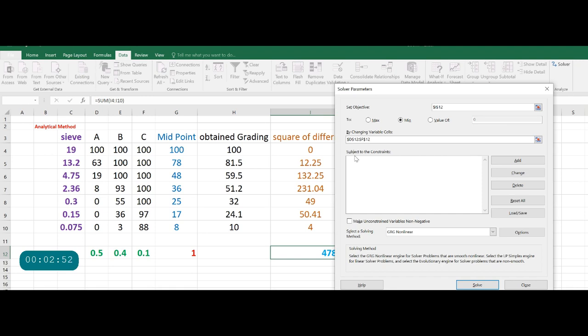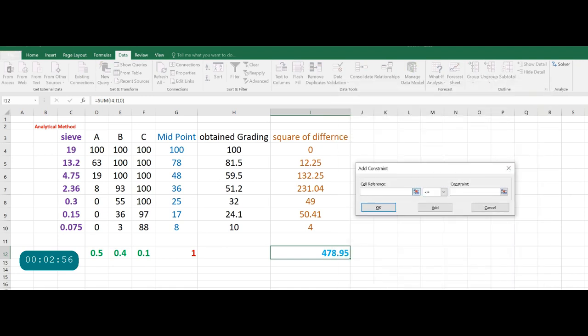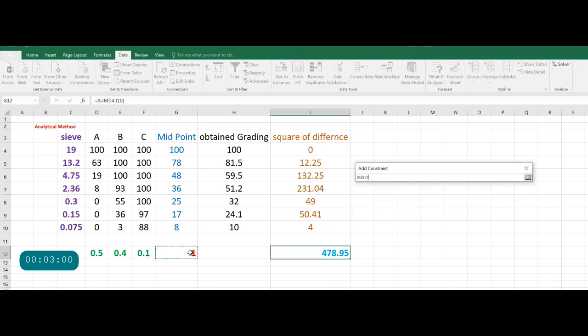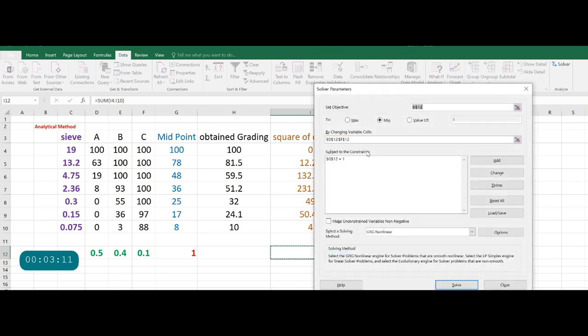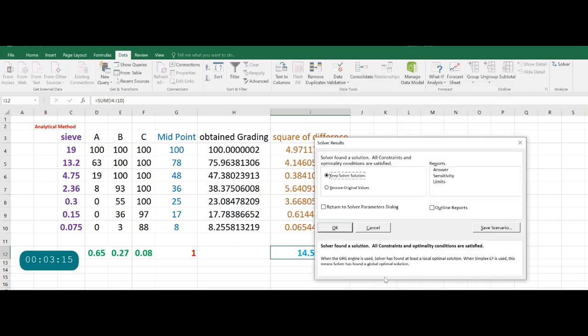And the constraint is, subject to the constraint, you add one constraint here, that this cell reference must be equal to 1. That is the constraint. Now with these parameters you solve and you get the values here.